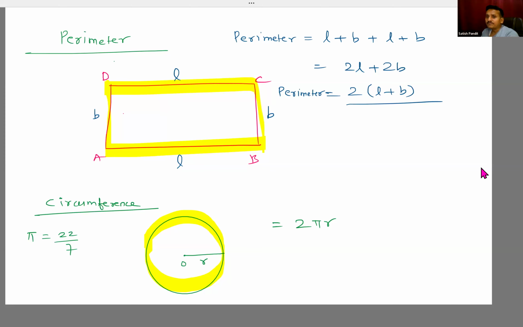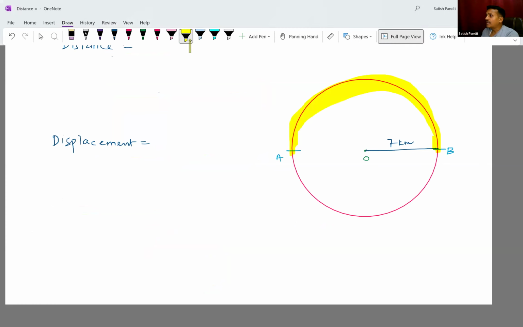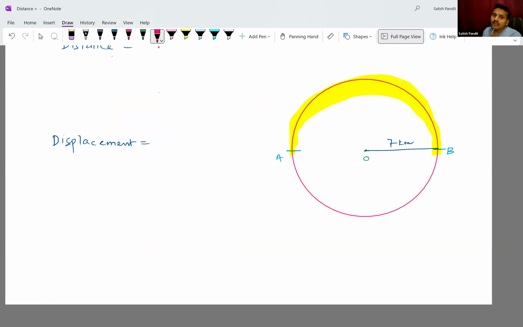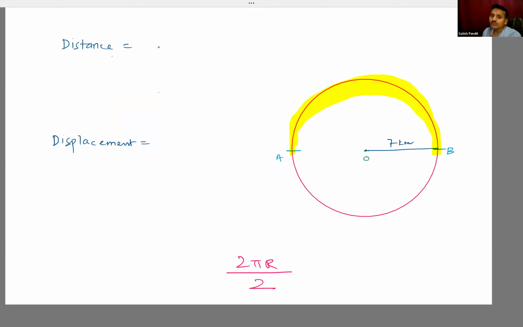Now, if you look carefully, the person started from point A and now it is at point B. So the person has traveled only half the perimeter, right? Or half the circumference. See, circumference is 2 pi r. Half of it is divided by 2. That means distance traveled will be pi r. Yes or no, everyone? It will be just pi r. So pi is 22 by 7 and r is 7. 7 gets cancelled. Okay, Aditya has given the correct answer here. 22